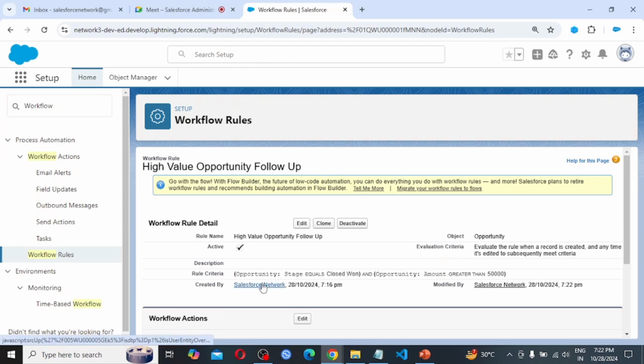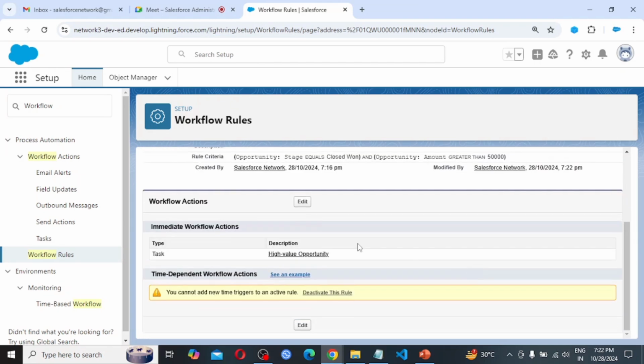Rule criteria is opportunity stage equals closed one, and if this criteria is met, and opportunity amount is greater than $50,000. We created this on the opportunity object, and evaluation criteria we had chosen is evaluate the rule when a record is created and anytime it's edited to subsequently meet the criteria.